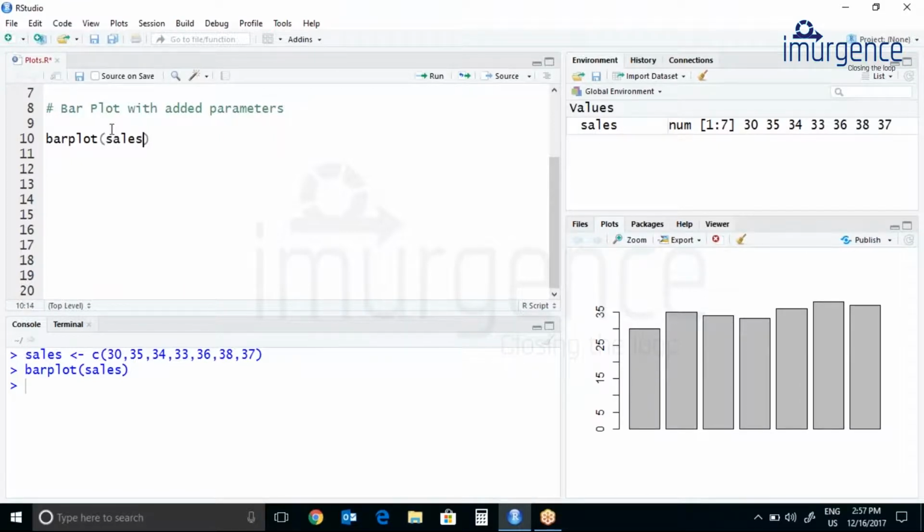So let's do sales, comma. For our heading, we have to add the argument main over here. So main will be our heading. So let's add sales in a week.